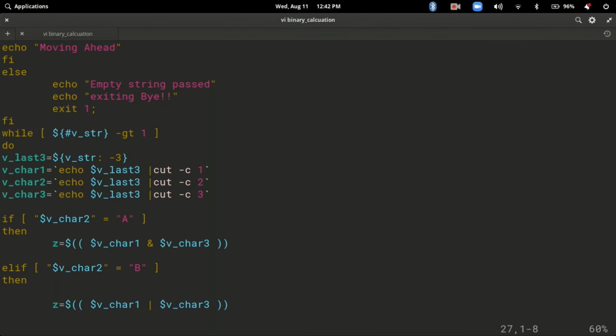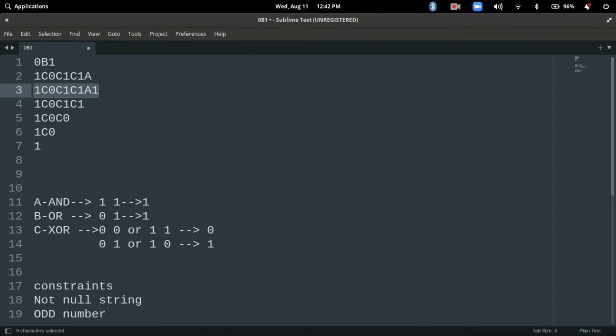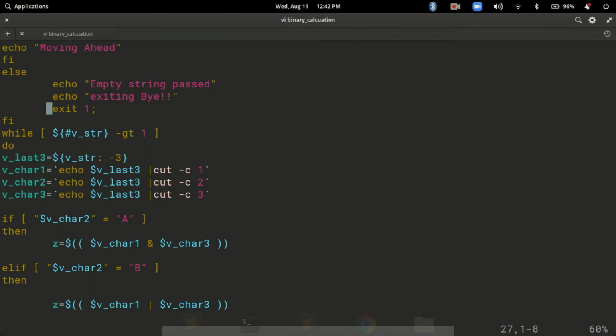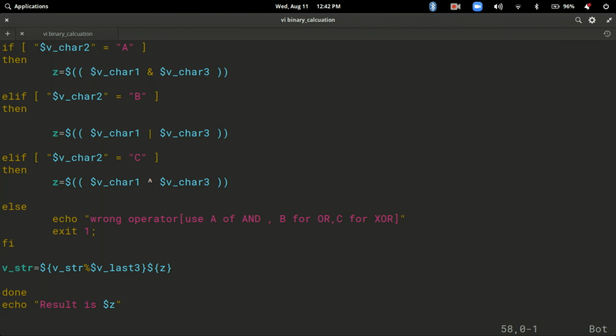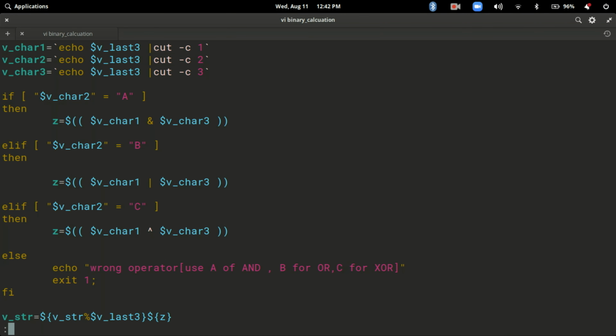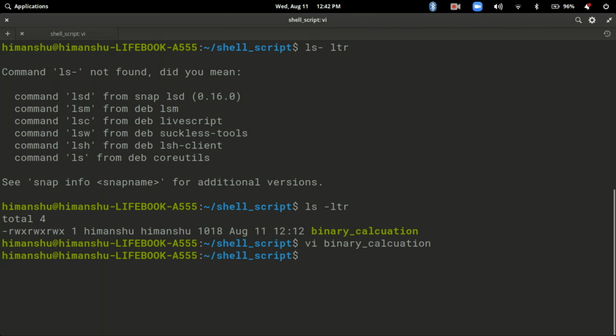Again it will do the same operation, step by step, and until the length becomes 1 it will keep calculating. Once the length becomes 1, it will come out of the loop, and at last it will print the result. Whatever the result is, it will be printed at the last. I hope this is clear. So let's run and show you.